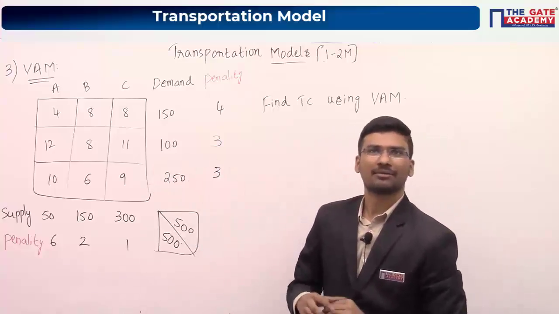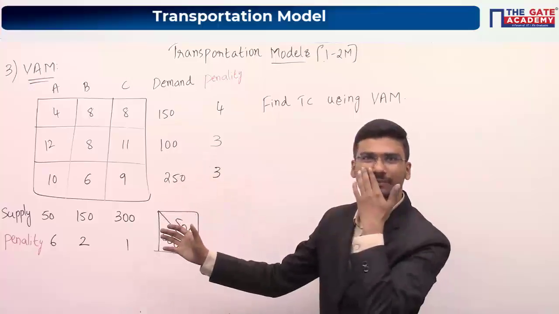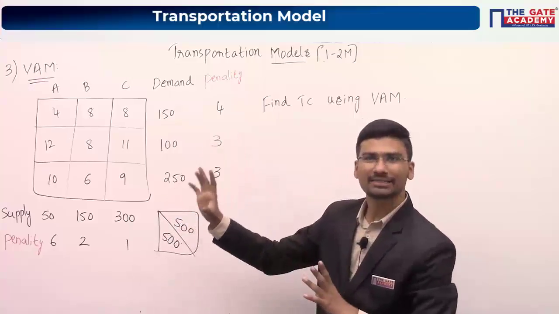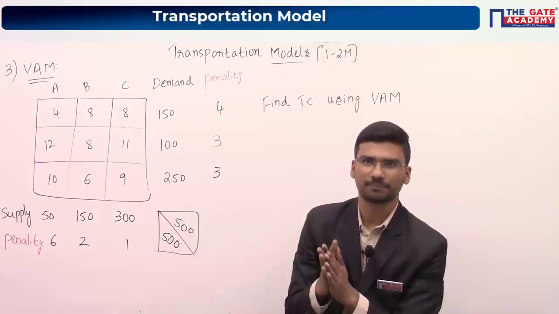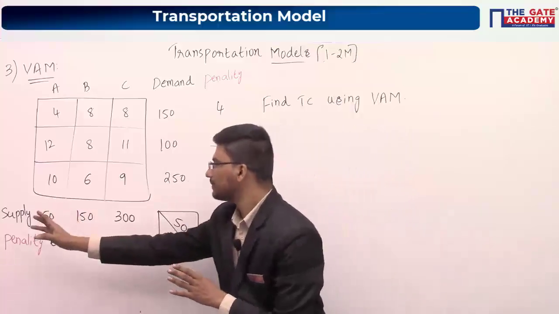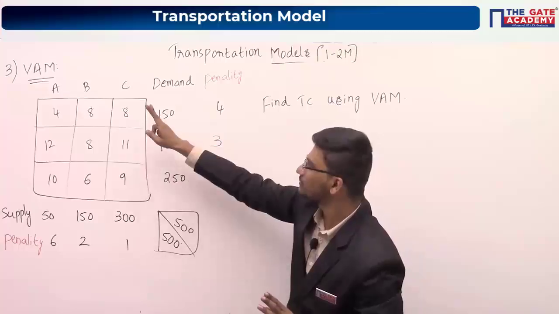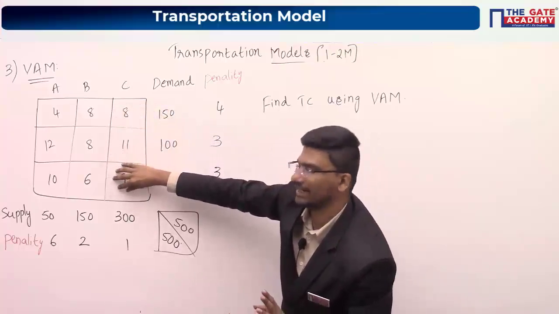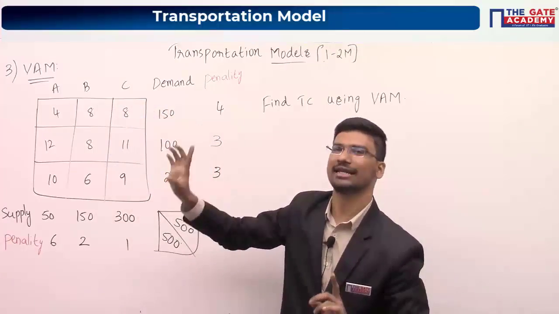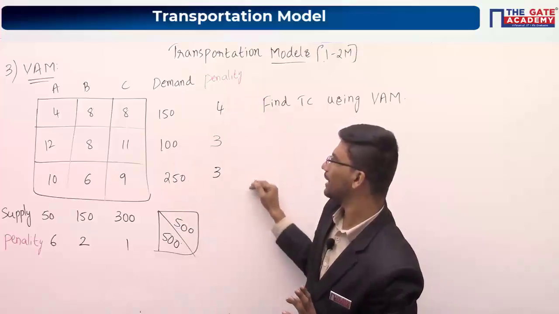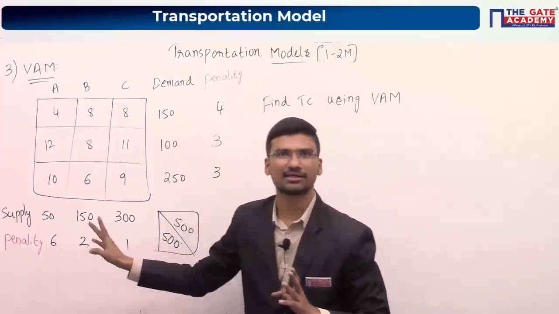Okay, so please listen. I am just explaining once again what is meant by this penalty. Penalty, in the sense of a fine or extra amount. Now let us say this particular column. So what is the penalty? Penalty is the difference between minimum cost and next minimum cost in a row or in a column. We have calculated row penalties and we have calculated column penalties also.